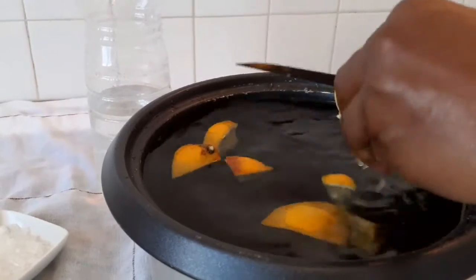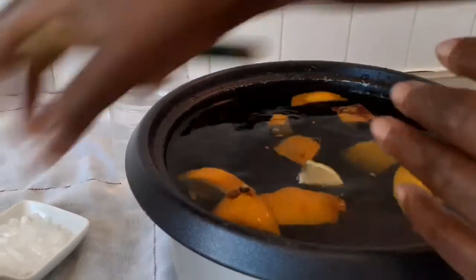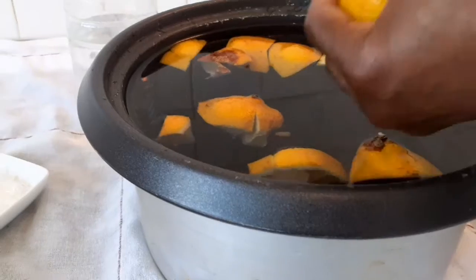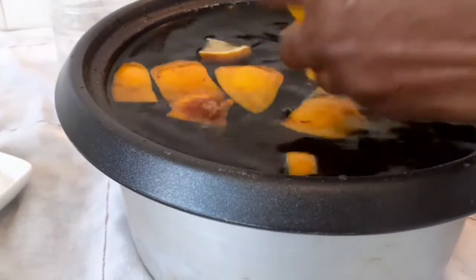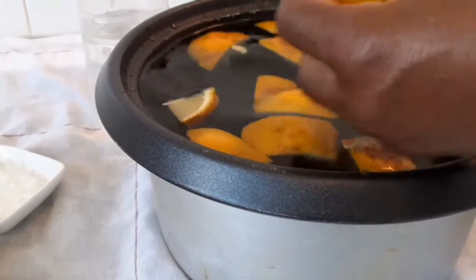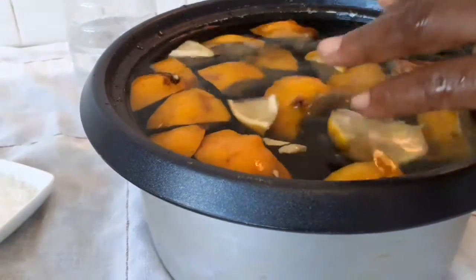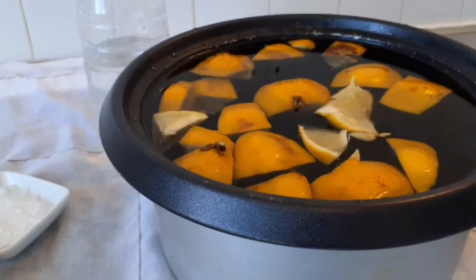You can equally use only the peels, but because I want to be generous with this steaming, like this one I'm preparing now, I will leave it for 3-4 days, using it continuously. So, that is it. This is just for the cooking first. And that is how I normally prepare my steaming